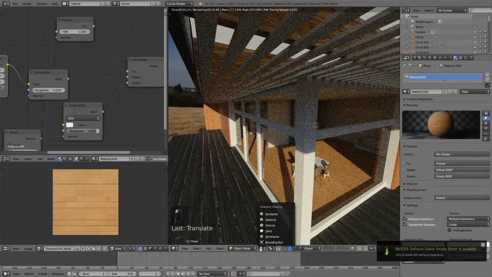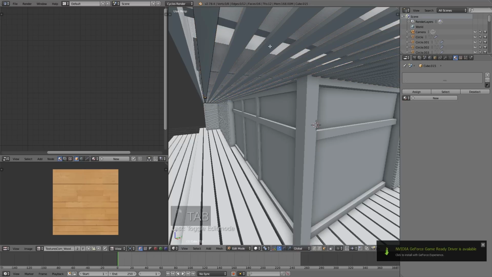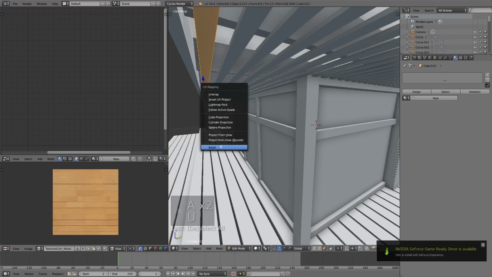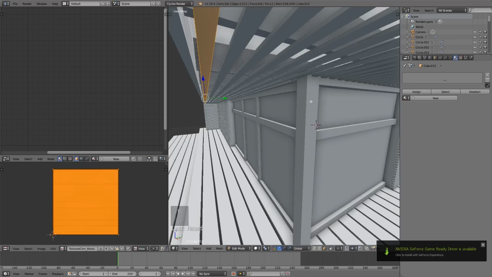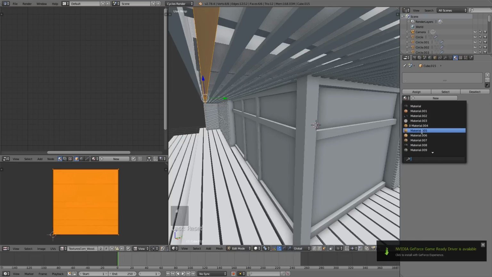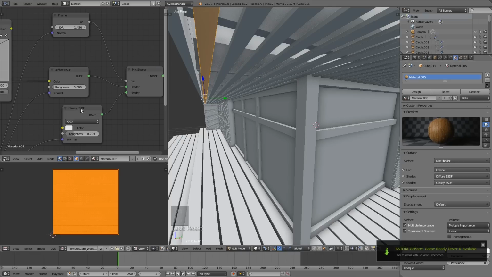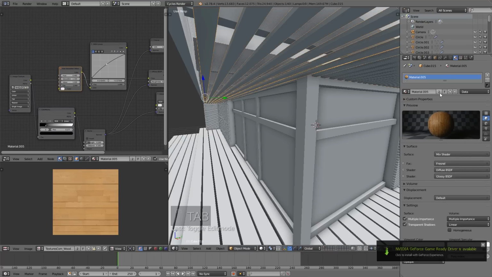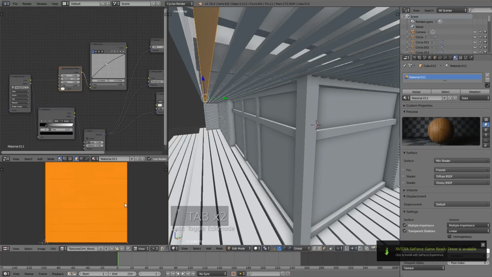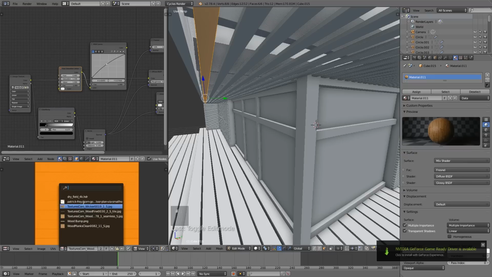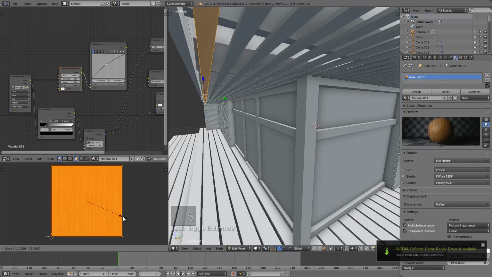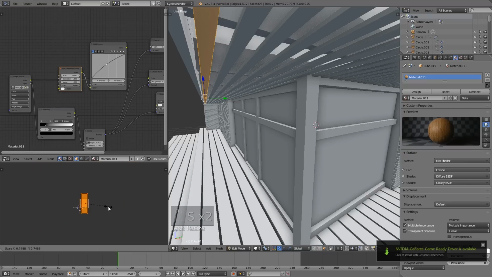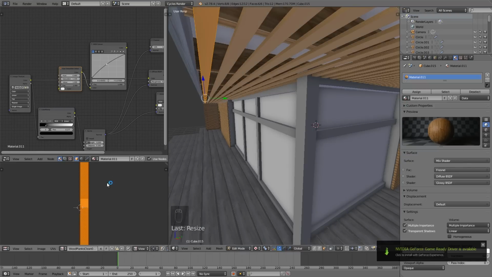First up, these planks up on top here are not materialized. So I'm just going to give this the same material that we did before here. We'll just go with these wooden planks here. Perfect. And hit that button too so we can adjust them if we want. And then I need to adjust the scale of them, the material here, to match like we've done a few times now. So scale along the Y, switch into textured view to make sure we're getting that right, and then